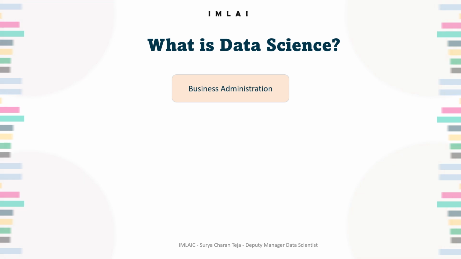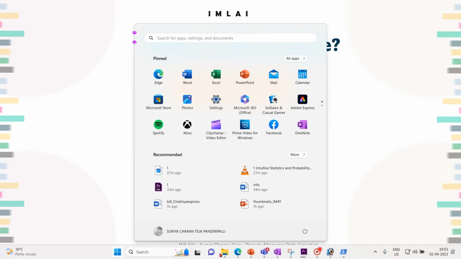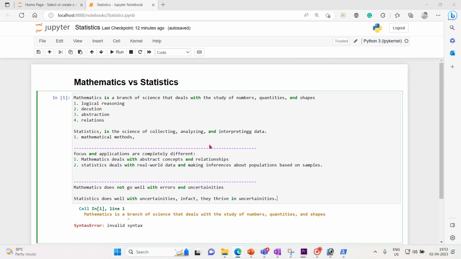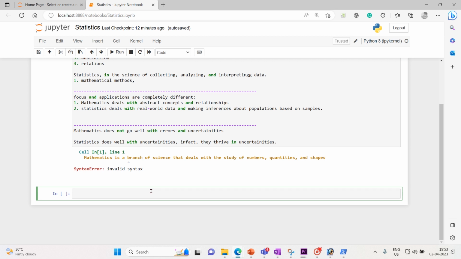The answer lies in the difference between explaining and predicting. Just note this point, so let me put it in. This is the statistician or analyst, and this is data science.